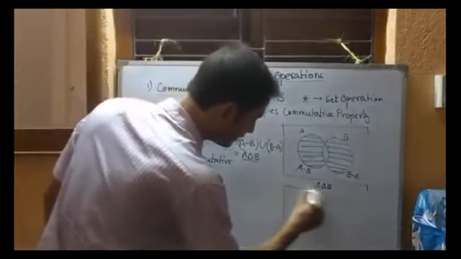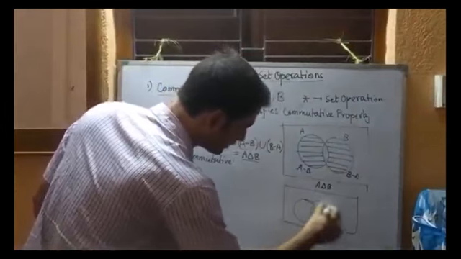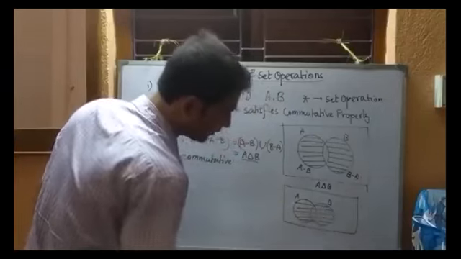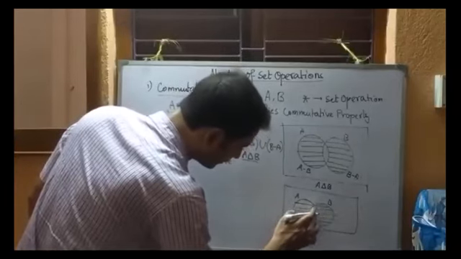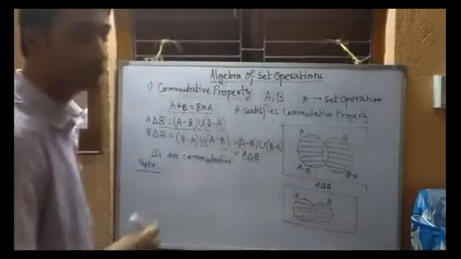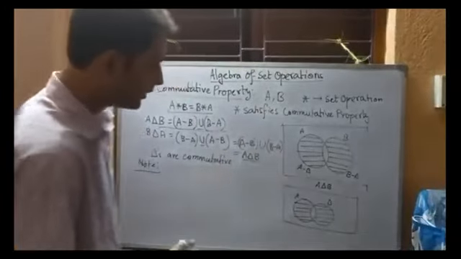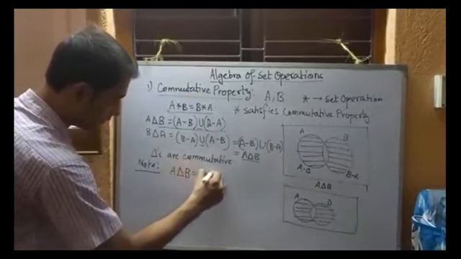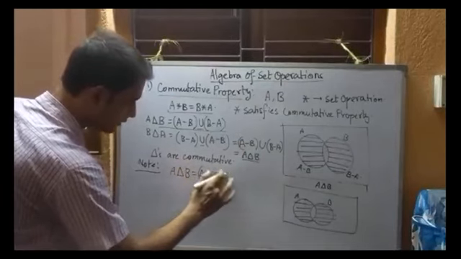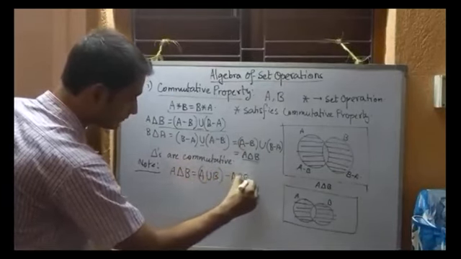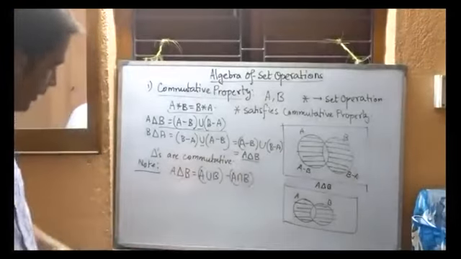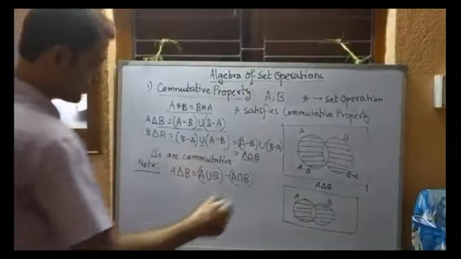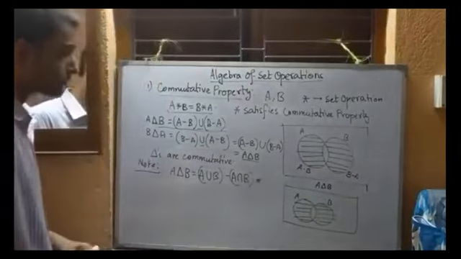That means you take two sets A and B, you take their union, and then you subtract the portion A intersection B. See, the same region will come. That means we can write A delta B as (A union B) difference (A intersection B). This is an alternative definition for the symmetric difference. Just note it. Sometimes we will use it in problems.